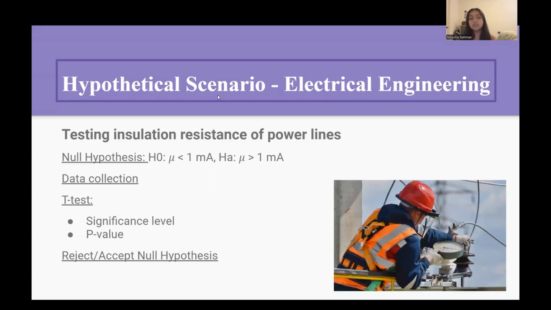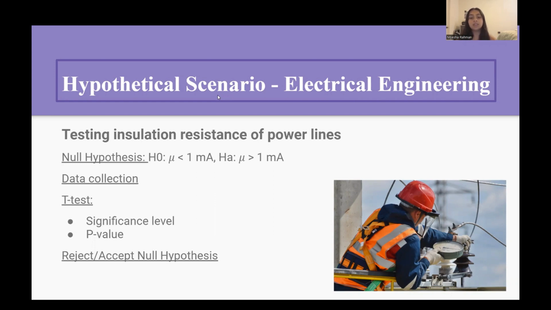As an electrical engineering major, an example of how hypothesis testing can be used in my discipline would be by testing the insulation resistance of power lines. This is important because it's crucial that power lines are able to withstand high voltages without breaking down, and so they must meet a minimum required resistance level. An engineer would want to evaluate the data obtained through testing in order to determine if they meet proper quality